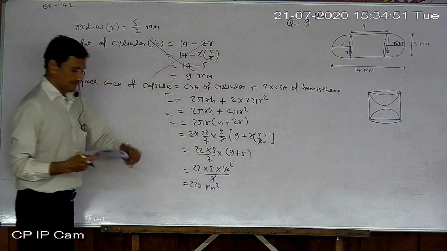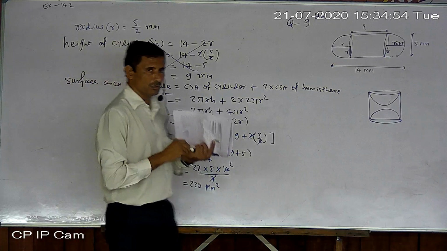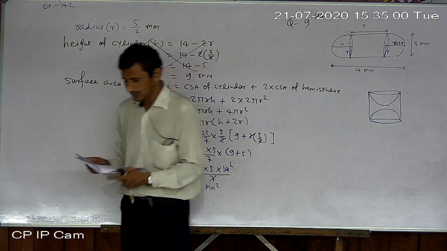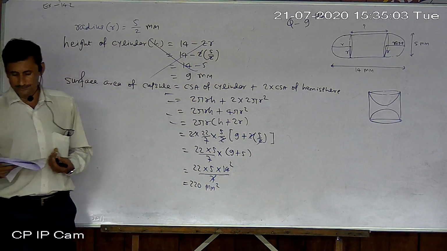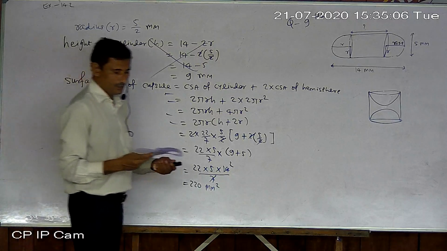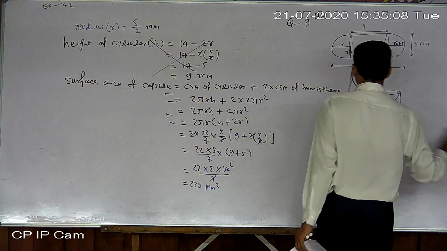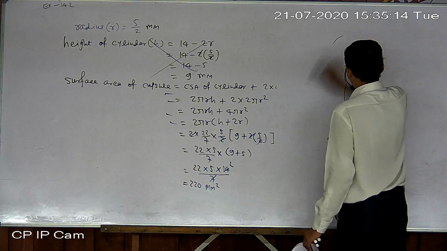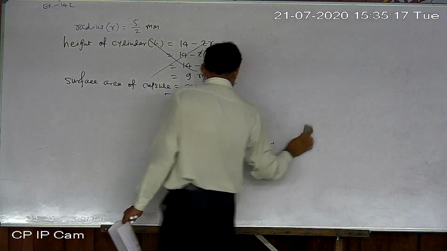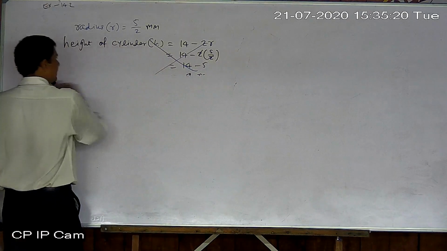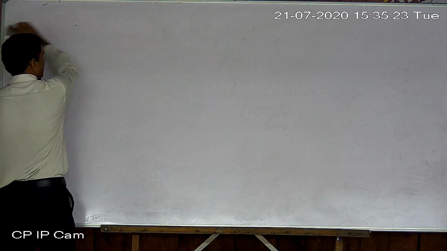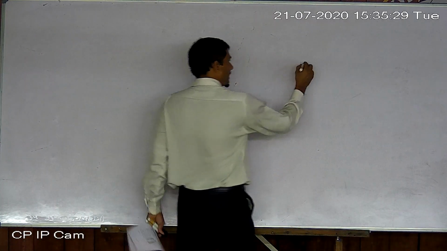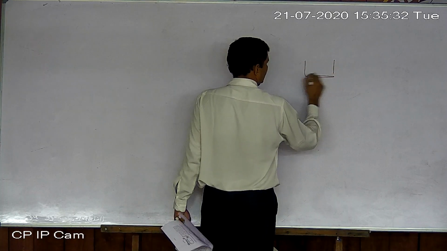Now look at number 7. Number 7. Question is long. Solution is very short and very simple. Look at tank is in the shape of cylinder surmounted by a conical top. You understand? First of all, first statement is very important regarding shape of that tank. Sometimes tanks are conical. Sometimes tanks are conical as well as cylindrical. Okay. Mostly army tanks are conical only, or circus tanks are of this type.